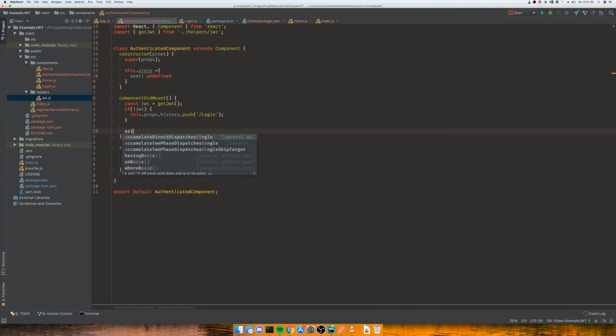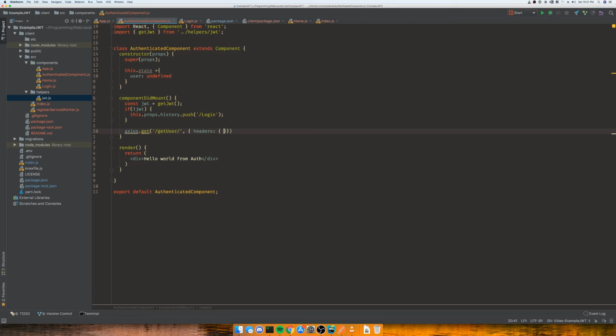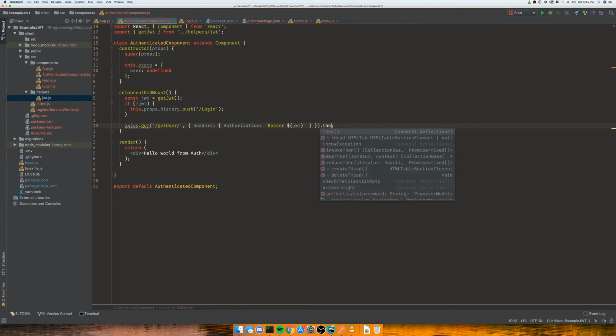Otherwise, we're going to say axios.get /getUser, and we're going to put in headers. We're going to say headers, and we're going to say authorization. And then we're going to use backticks for string interpolation. We're going to say bearer, and we're going to say JWT. And then we're going to say .then